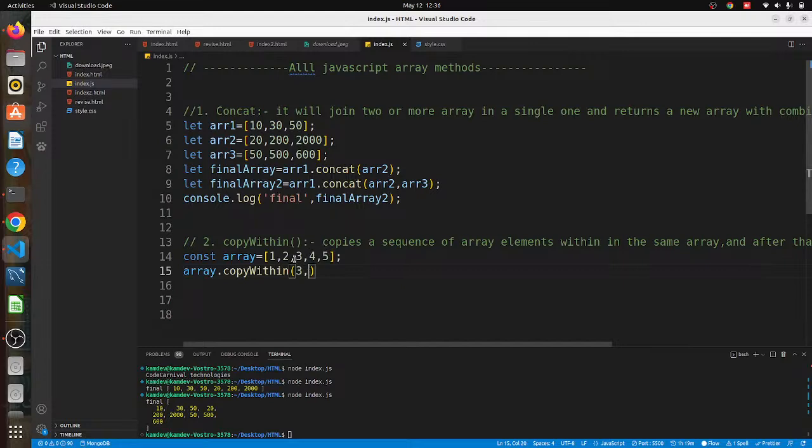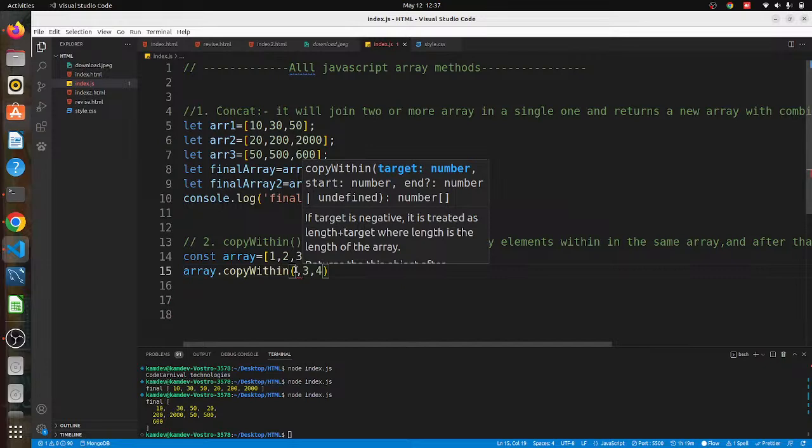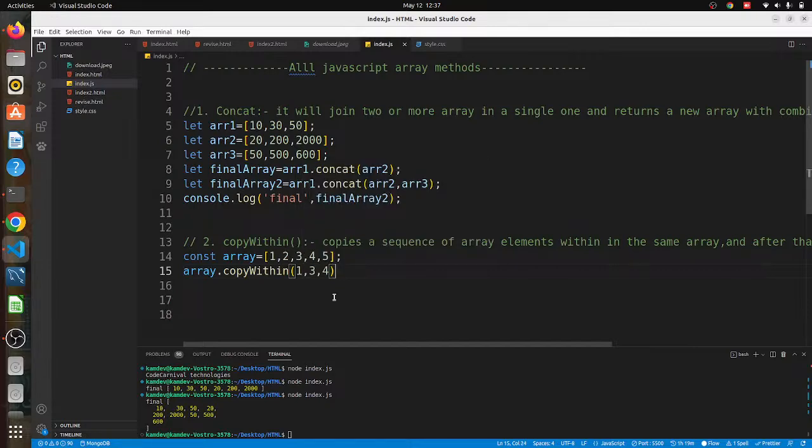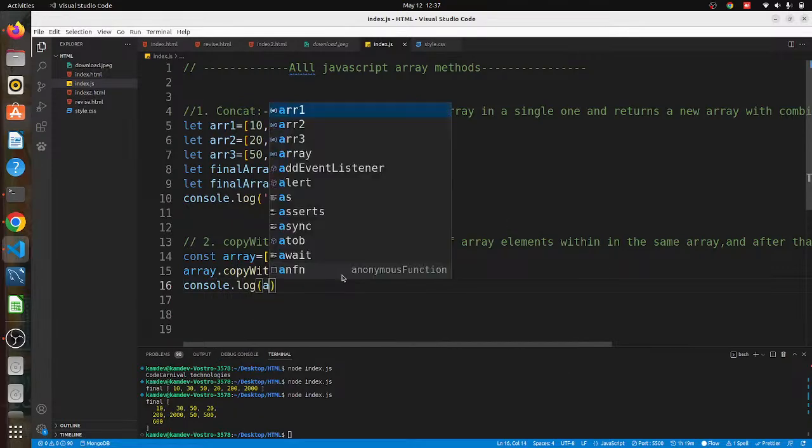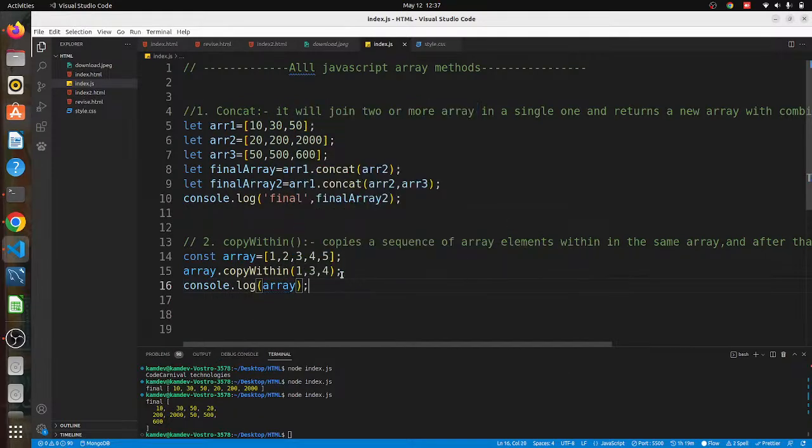So we have 0 1 2 3 4 5, the index of 5 is 4, and we don't want to continue from this 4, that's why we are giving 4. We will paste all this copy at index 1, in the place of 2. We are copying up to index 4. Then when we console log the array,